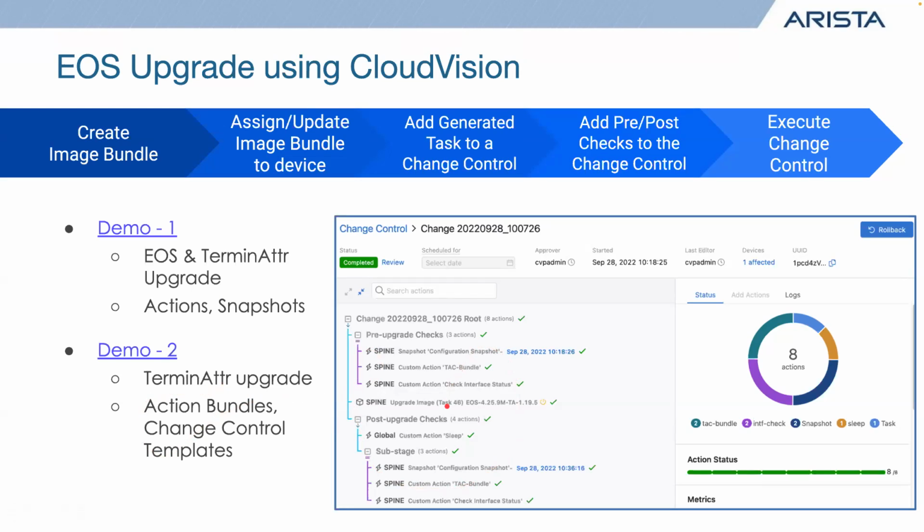Now, in a network, the upgrades are not that frequent. Having said that, creating the pre-checks and post-checks every time can be a very cumbersome and time-consuming process. So in CloudVision, you have the feature of creating a template, where you can create a pre-check and post-check template that you can apply to your standard upgrade process. Every time you just want to upgrade, you just apply that template and you're good to go. Now, with that said, let's switch over to demo number 1.